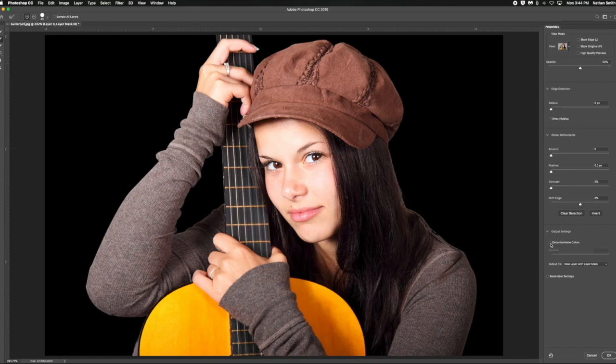Now one of the things I can do is I can click this Decontaminate Colors over here. If it's not showing, just do this reveal arrow by the output settings and click Decontaminate Colors. And then you can adjust the amount over here, kind of watching where the fringing is. You can shift the edge in just a little bit if you want. So you can play with those two settings until you get a pretty nice